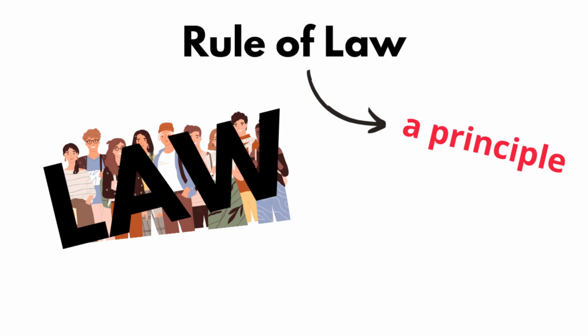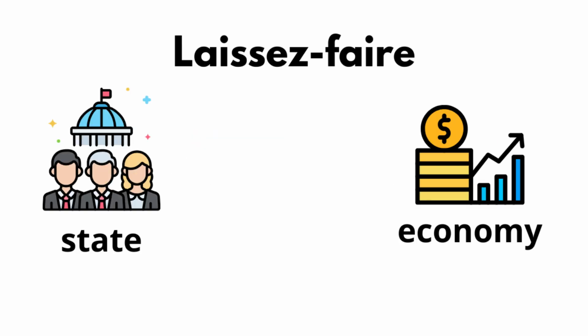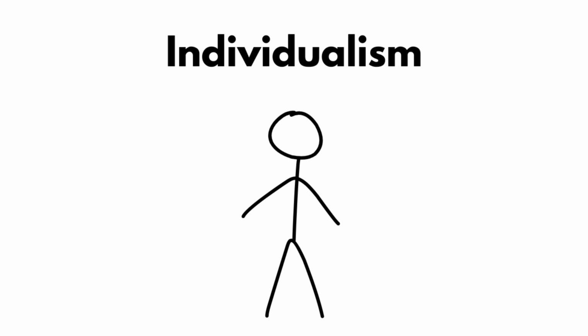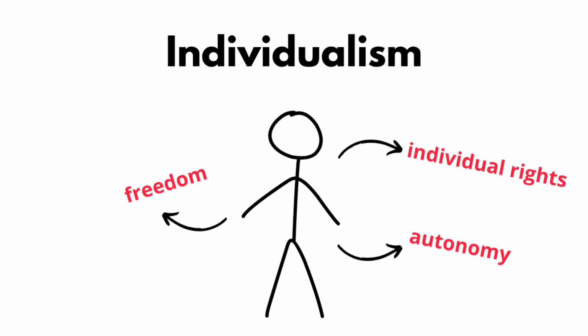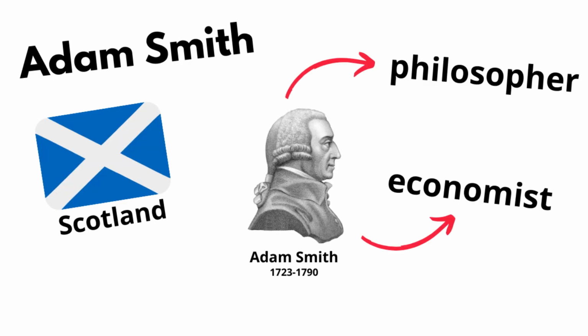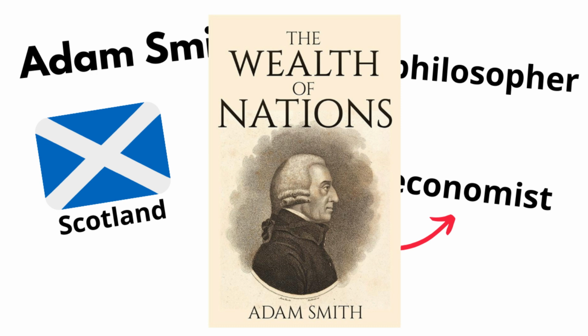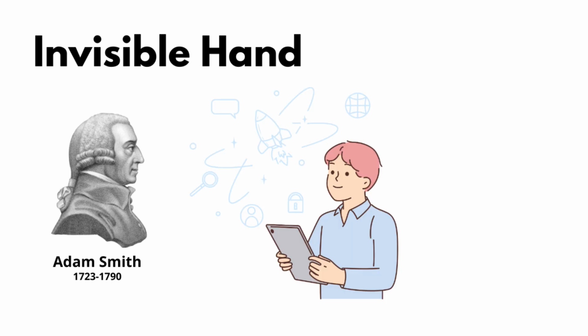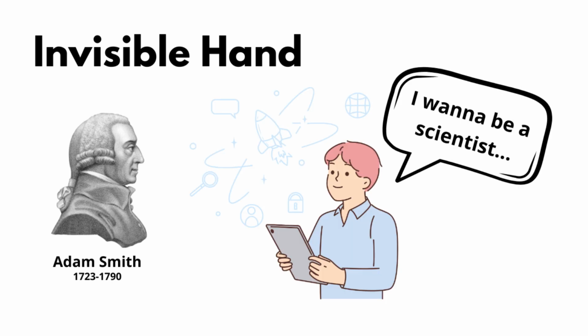equality before the legislation. Laissez-faire, economic policy advocating for minimal state intervention in the economy, allowing the market to self-regulate. Individualism, emphasis on individual rights, autonomy, and freedom, highlighting the importance of the individual in society. Adam Smith, Scottish philosopher and economist, considered the father of modern economics, author of The Wealth of Nations. Invisible hand, concept associated with Adam Smith, indicating that by pursuing their self-interest, individuals unintentionally contribute to the well-being of